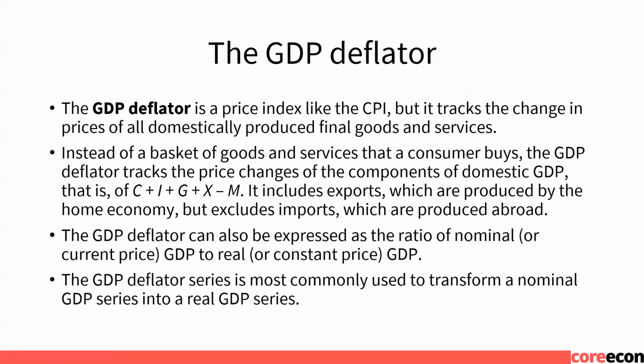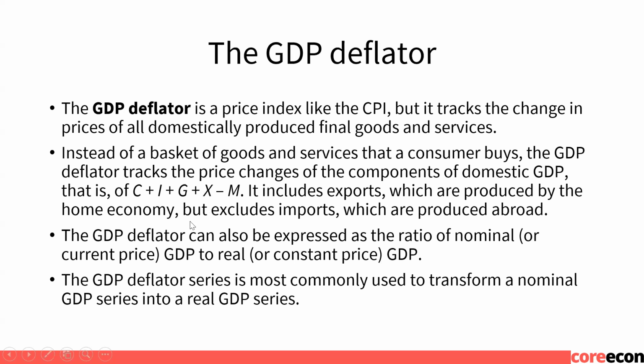Another way of looking into this is using the GDP deflator. So the GDP deflator is a price index, just like the consumer price index, but it tracks the change in prices of all domestically produced final goods and services. So instead of a basket of goods and services that a consumer buys, the deflator tracks the price changes of all the components of domestic GDP. That is going to include consumption, of course, but also investments, government expenditure, and exports minus imports. So it includes exports, which are produced in the home economy but not necessarily consumed in it,